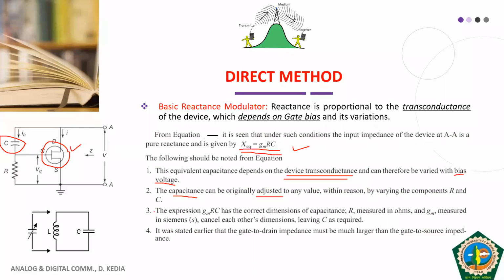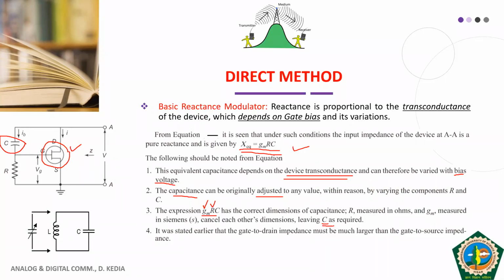Fine. And regarding dimension, I have already talked about this GM into R into C. So GM is transconductance, R is resistance. That gives us, that is dimensionless. Okay, cancel each other, and we are left with only C part. C is nothing but your capacitance, that is your farad, and it means dimensionally or unit wise also our expression is correct.